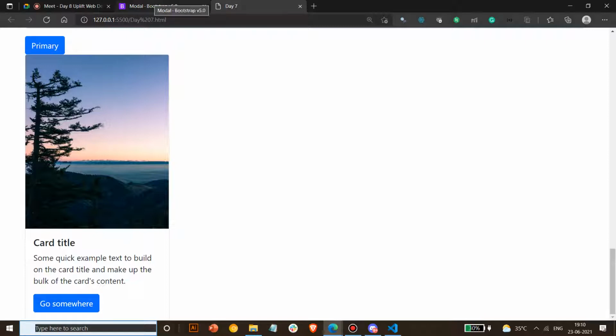Anyone, what a modal is? In English also it's the same, I think. Anyone? Just try guessing. Even if you get it wrong, that's okay. No one.